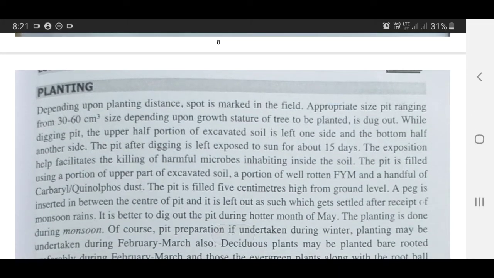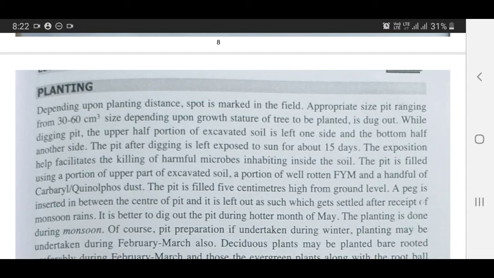Now come to the planting. Depending upon planting distance, a spot is marked in the field. An appropriate size pit, ranging from 30 to 60 cubic centimeter depending upon the growth stature of the tree to be planted,